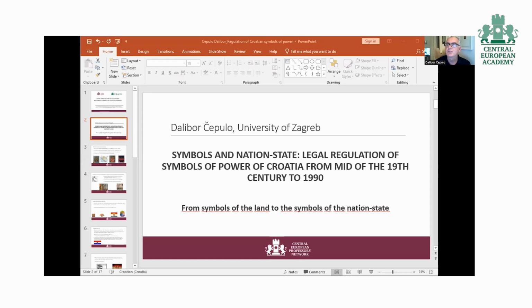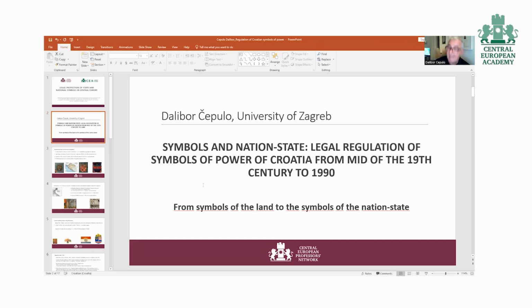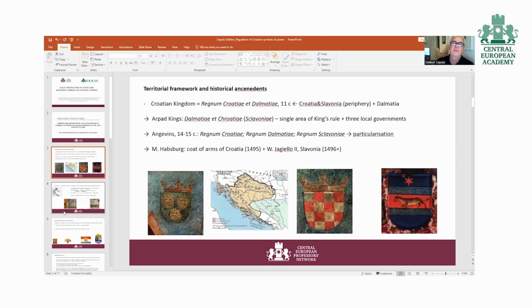And also, let's not spare the very precious time that we have for the 20 minutes presentation. My story will be about the symbols and the nation state. That is how the symbols of the land, in the process of nation building, became the symbols of the nation state. I will first pinpoint briefly into the medieval period, when the Croatian kingdom, called officially Regnum